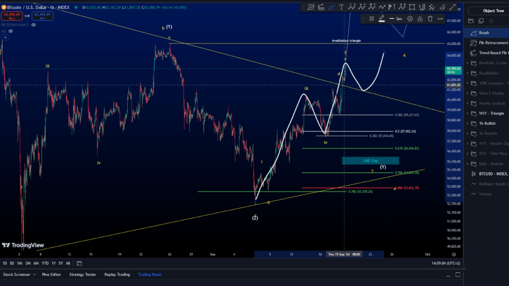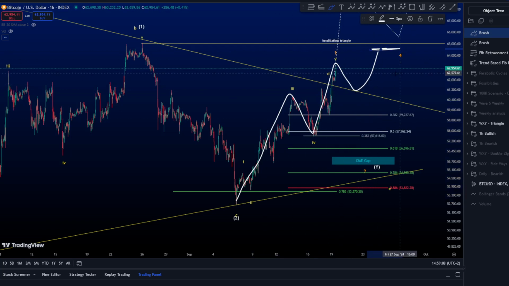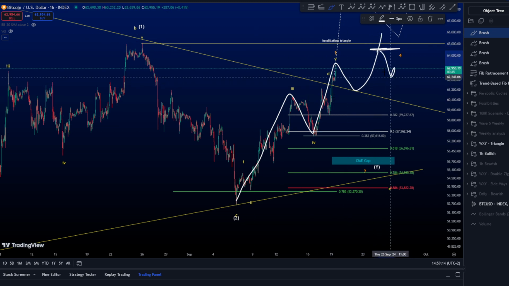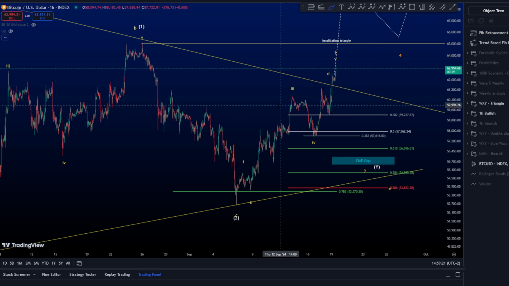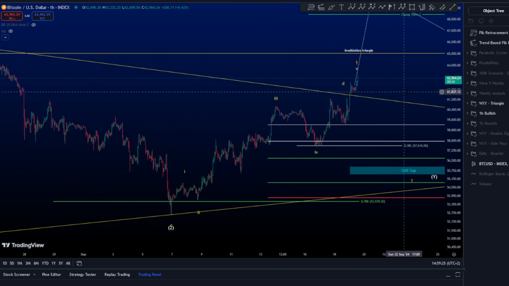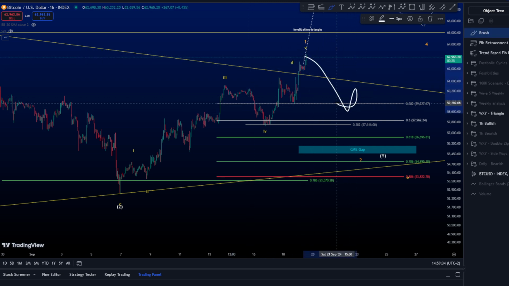That's the problem. However, with 1, 2, 1, 2, we want to see price going over at least to here. If continuation, then we are 1, 2, 1, 2. If reverse, then of course diagonal. This is how things work, step by step. We cannot really go directly towards the upside. Of course, our big long-term scenario is 100K, guys. However, for the short term, these are the things.